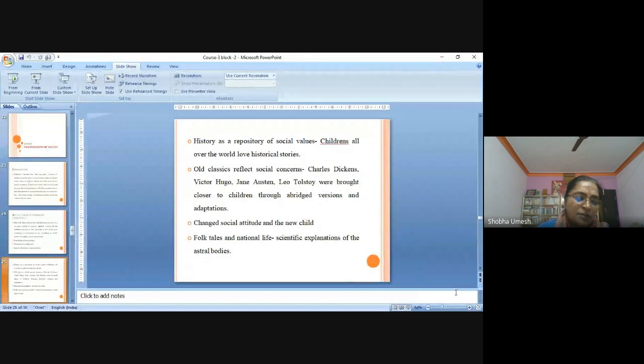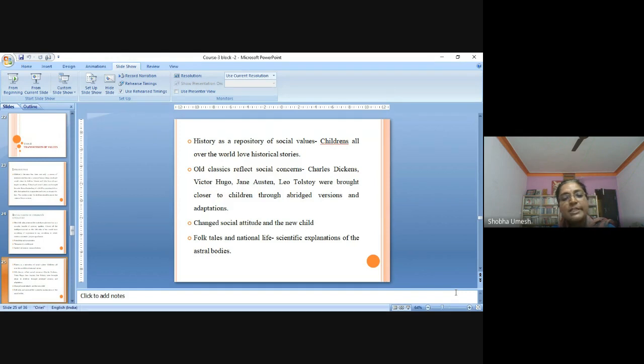So there are all kinds of animals who appear in various guises and amuse the upper-grade youngsters as well as the small children. See, even now, many people love to watch Tom and Jerry and Mickey Mouse. We can't say there are people who have not liked Tom and Jerry or Mickey Mouse. People of all age groups love to watch them. In that way, there are certain attitudes in the new children, so certain changes can be sensed in the social attitudes of the present generation.